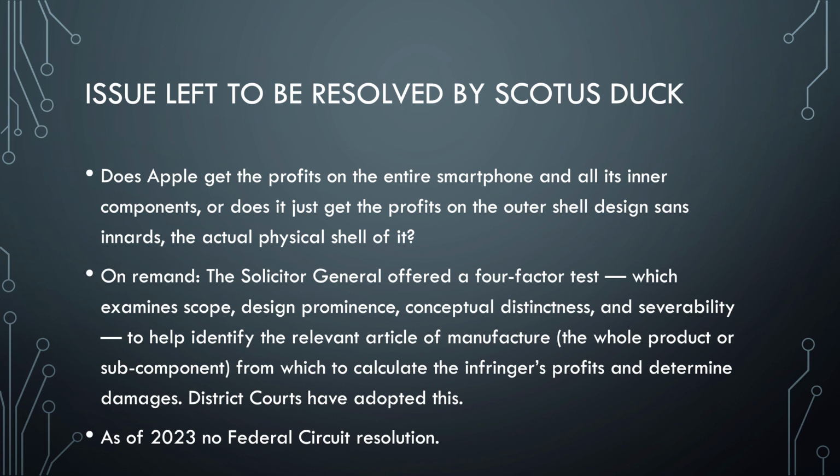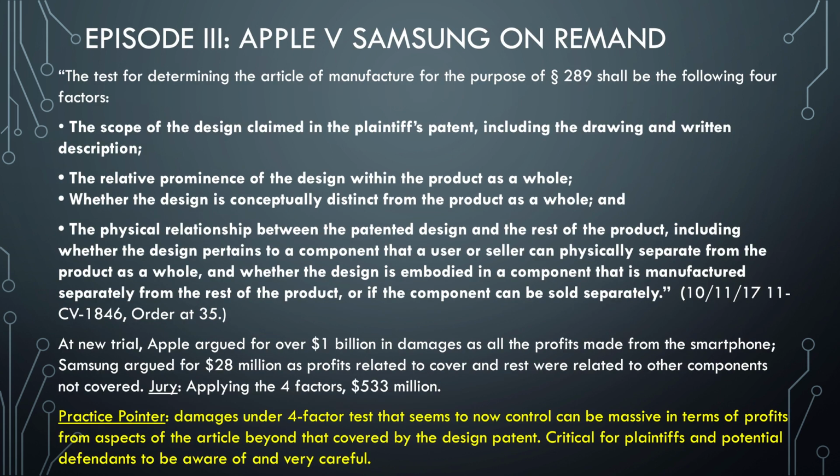So at the new trial, Apple said, the profits you made on the whole phone, we get all of them, and it's $1 billion. That's everything. Every little component, profitability across the board. Samsung argued to the jury, no. Really, it's only the profits that come from, you make the cover, the shape of the phone, that has a certain cost, you get a certain profit margin on it, and so we've taken $28 million from you. The jury looked at it and gave Apple $533 million. So a huge loss for Samsung, a huge win for Apple, not the billion they wanted.